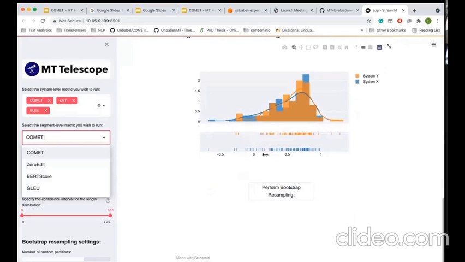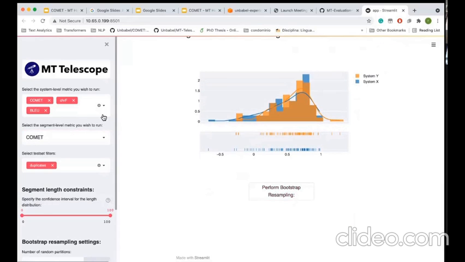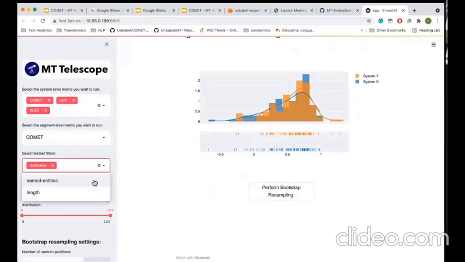And maybe let's show just because of time. Here you just do the bootstrapping like we were doing before. But another cool thing that we have is the filters. We have three filters. The first one, the duplicates, is not very useful. For example, in this data we were using it by default, but actually we didn't have any duplicates. But for example, the named entities, if you select it,